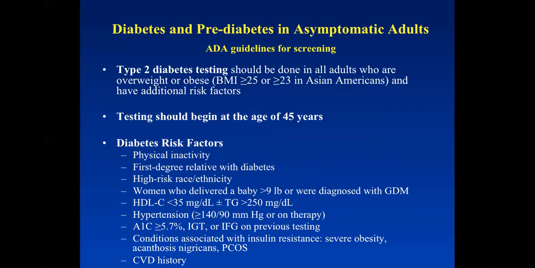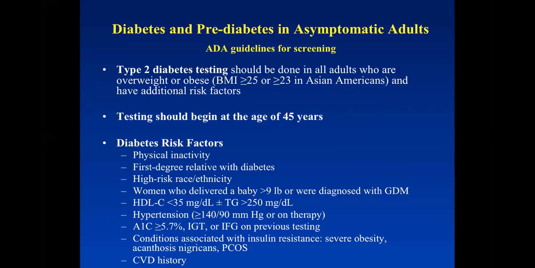Okay, so there are guidelines developed by the American Diabetes Association for screening people. Screening is where you test people before they develop the symptoms, before they develop the disease as such. This screening is recommended because diabetes is a major healthcare problem. A lot of people nowadays get diabetes, it has a high prevalence. Okay, so according to ADA guidelines,